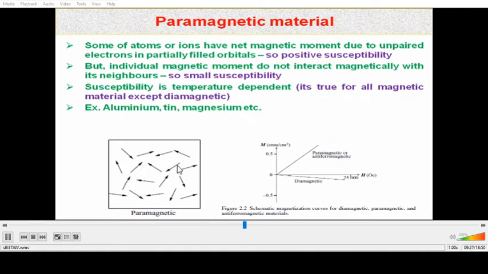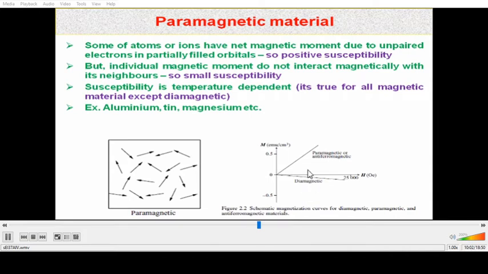Now in this figure you can see that in a paramagnetic material all the individual spin magnetic moments of single electrons are randomly oriented in different directions, and the interaction is low, as you already know. So only a small susceptibility is observed in this kind of material, because these all cancel each other out. Only a small part of the magnetic moment will remain.